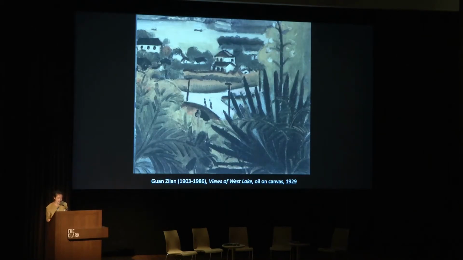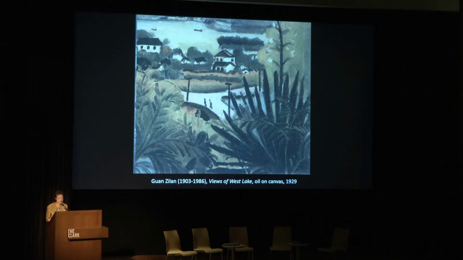In 1929, Guan Zilan, a female painter, sketched in West Lake in Hangzhou, and she adopted a similar high vantage perspective, likewise framing the view with closer objects sort of closing in on both sides. Arguably, China's most scenic spot, Hangzhou's West Lake, is hardly recognizable in this painting. True observation from life defamiliarizes historically celebrated places, which were often evocative, poetic imageries